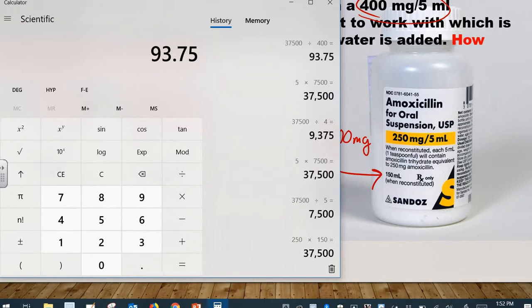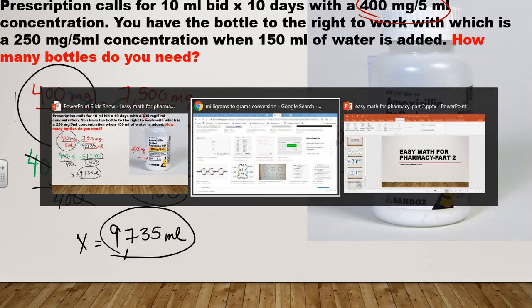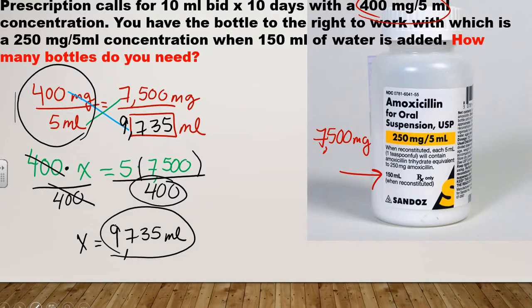There's my problem. If you look really carefully here, I knew there was a mistake. I apologize. You have to redo this one. I did not divide by 400. I divided by 4. If you look on my calculator here. Okay, so